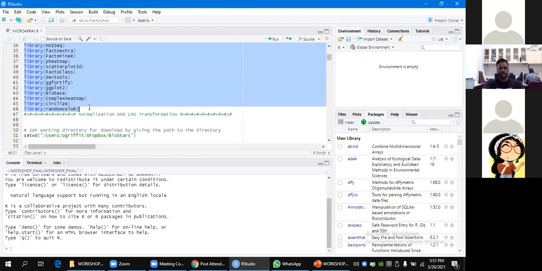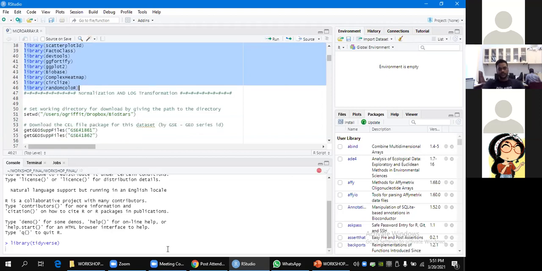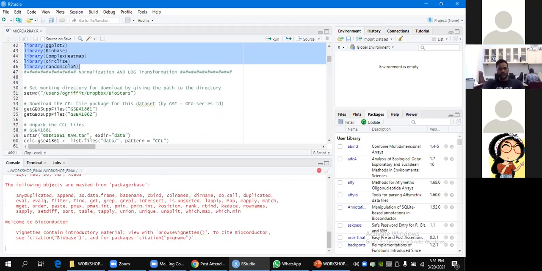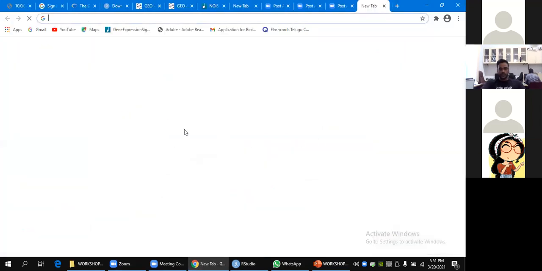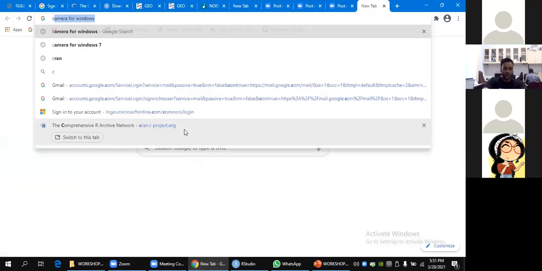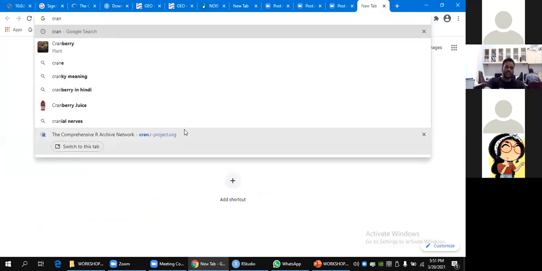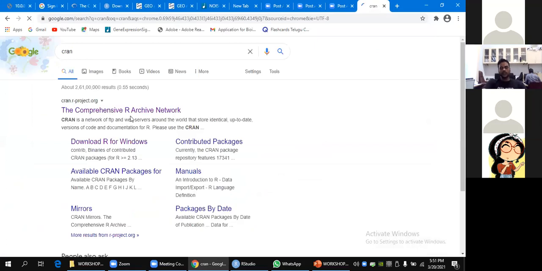Prithvi, I think you should also tell these guys how to download RStudio, because some of them may not be familiar with it. Okay, sir. So firstly, you need to go to CRAN, type CRAN on Google, and download the CRAN version.